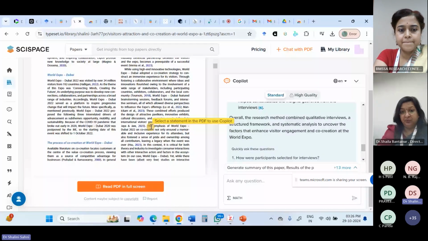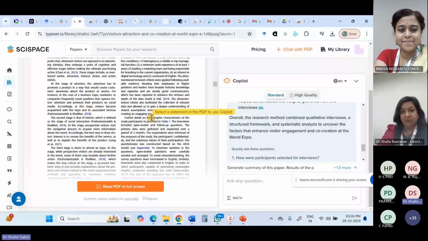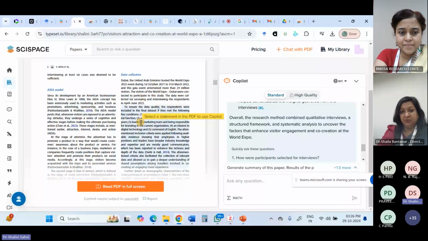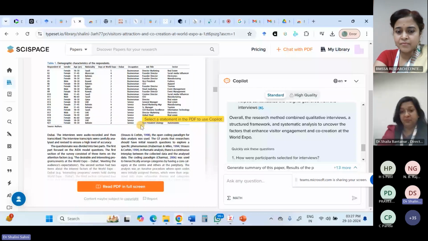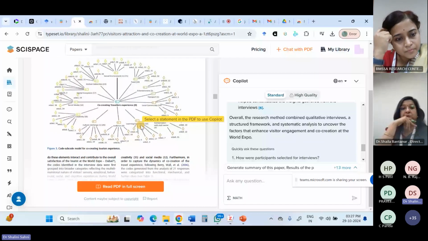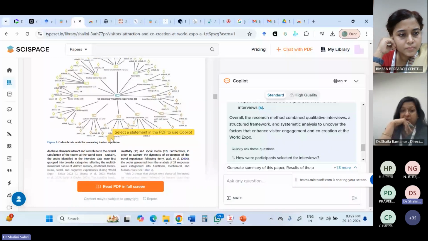so I know that I have used qualitative. So just to give you that whatever it has given, see, we have used the IDA model, data collection through interviews, right? Also, suppose I want to understand what this map is, right? So what do we do? I just